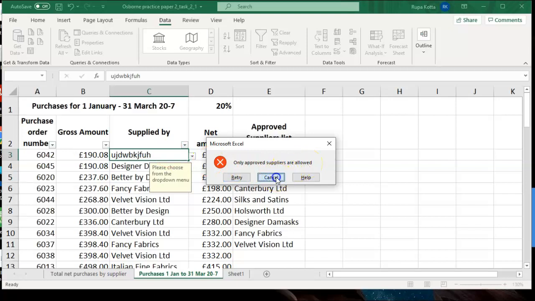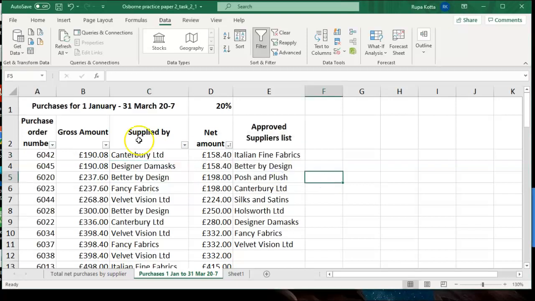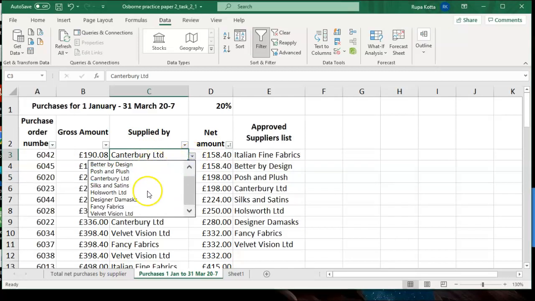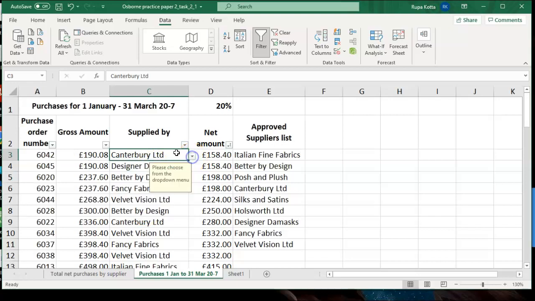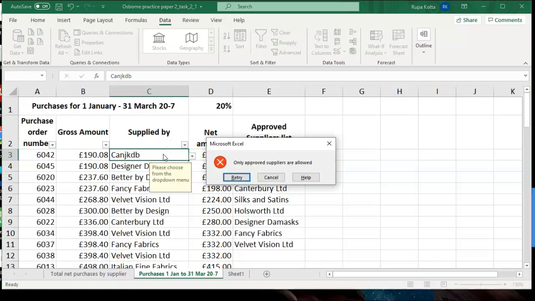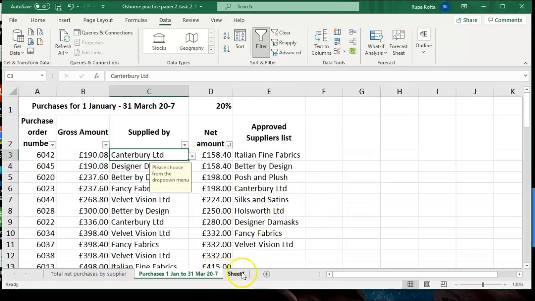So you say cancel. So that is how it works. When you go here, it is showing a message. When you click on the button, the drop down list is coming, and when you try to edit it, it is giving a message to say that only approved lists are allowed. So it is not allowing you to type any new names. So this is your data validation.